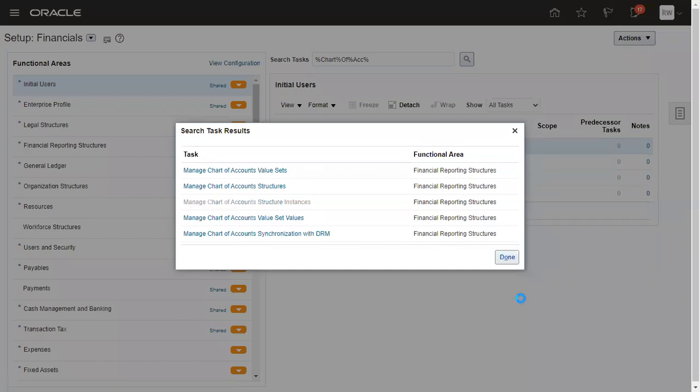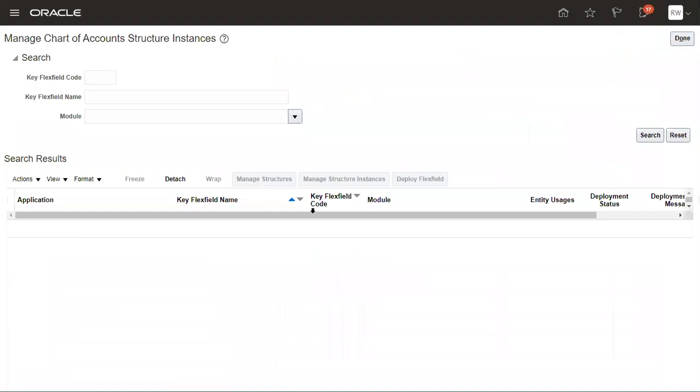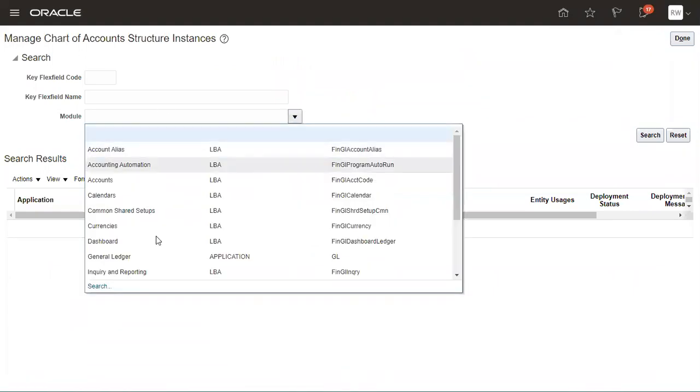These are the initial setups, like the chart of accounts and so on, that we need to do before starting transactions in the system.